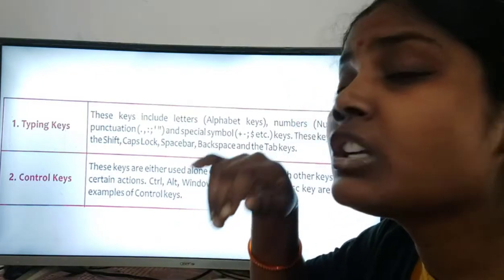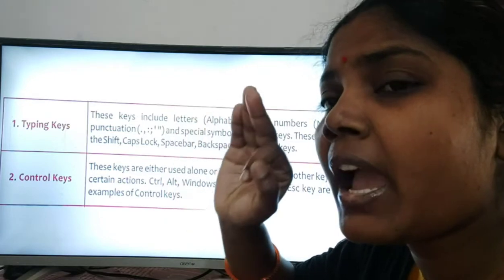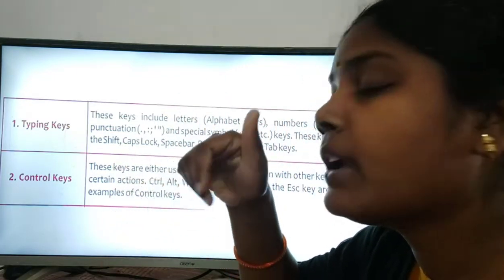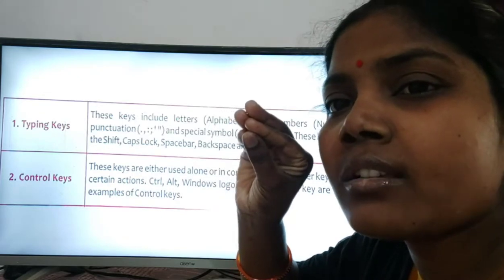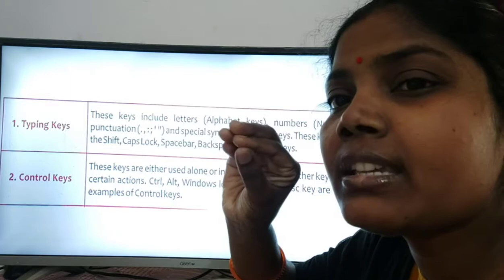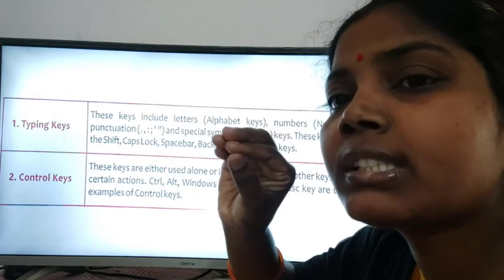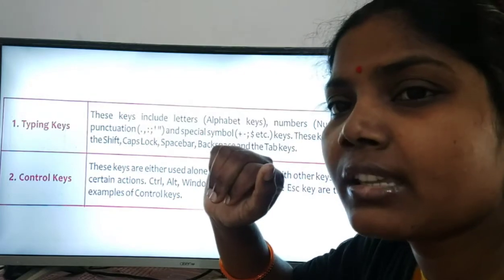The Control key, Alt, the Windows logo key and the Escape key. These keys sometimes work alone or in combination with other keys.